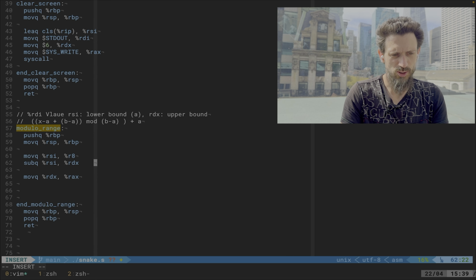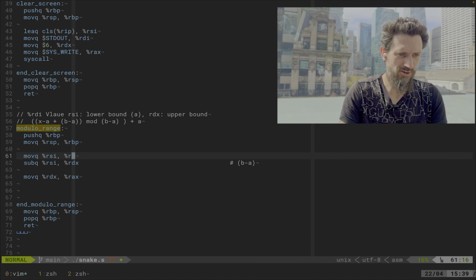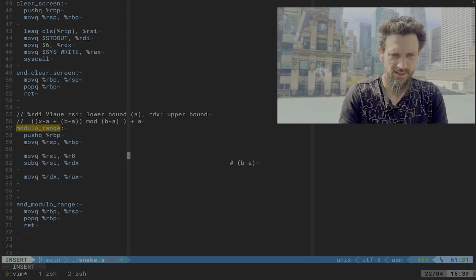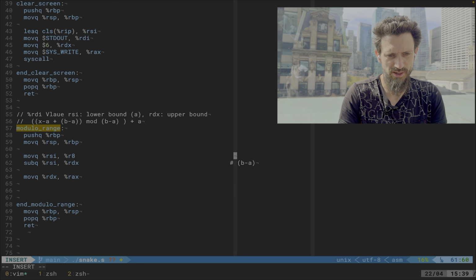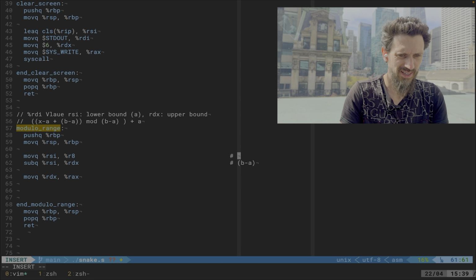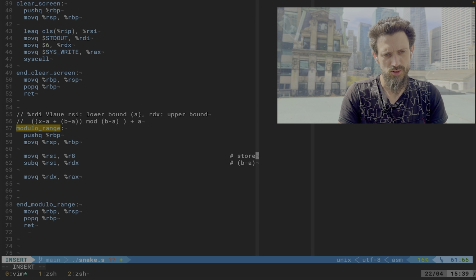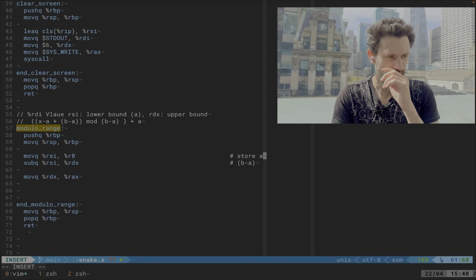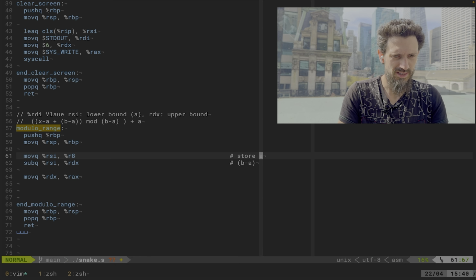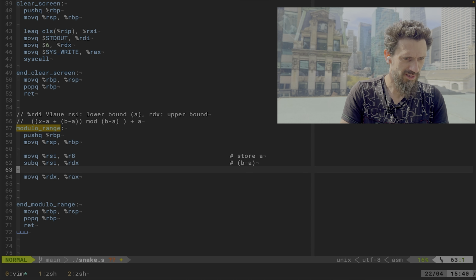So let us add a comment here for good measure. So this is now b minus a. I feel like the computer got back from its hiccup. Now it feels really usable. And here we have store A. So now we have this part,